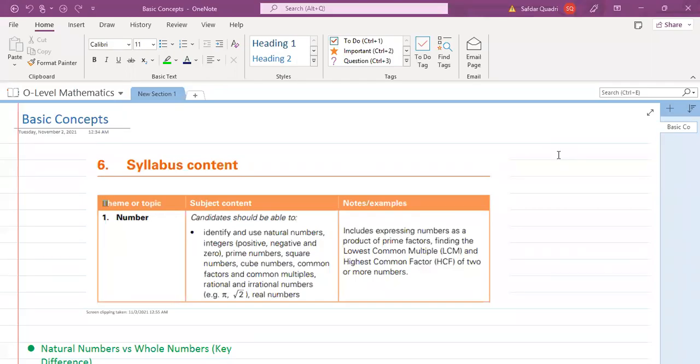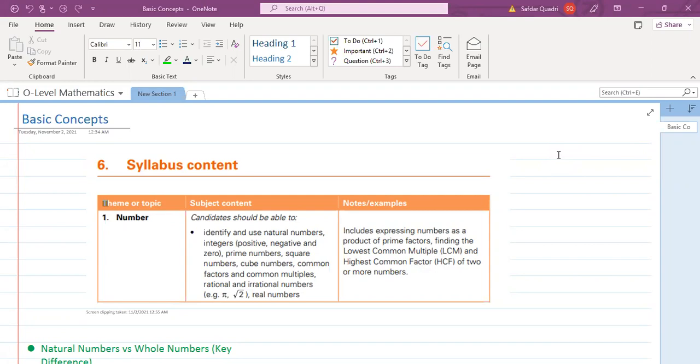Good evening, everyone. We're going to be starting O level mathematics, and our first topic is basic concepts. We're going to be following the syllabus very closely, according to what the CAIE syllabus mentions. The first thing we have, which you can see in front of you right now, is number one, number. It specifically lists things you should be able to know after you finish the